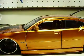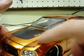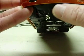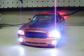As for the trunk, again, I mentioned the equipment in the back, the subwoofers and the amp and everything in there. I'll show you a little bit more about that in just a second. Since the battery's up front, the switch is as well, and it's right here in the very front, right behind the chin spoiler, front air dam, whatever you want to call it. Just one power switch, turn it on. It gives you your